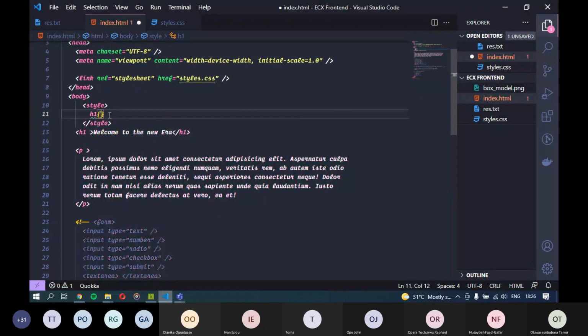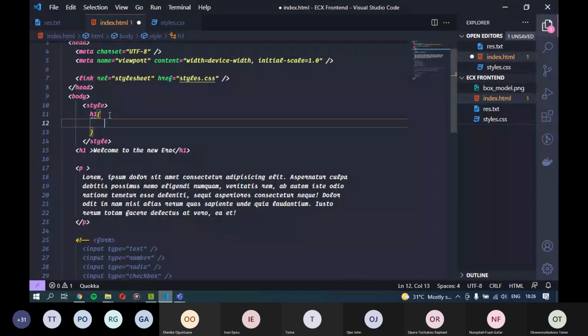I don't know if you have seen or heard of this before, but this is what we use in CSS. Curly brace, that should be the bracket beside your P. So you open the curly brace, then inside of that curly brace is where you write the style that you want to apply for this particular selector.